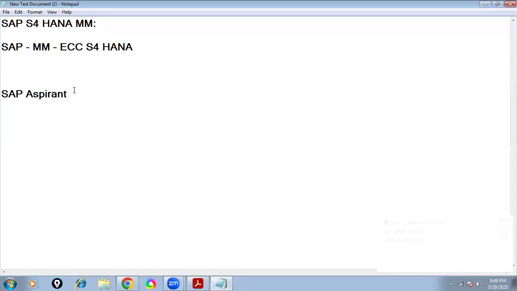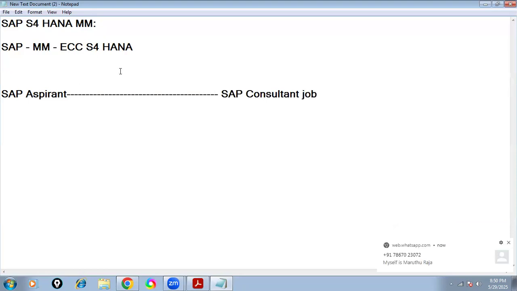So at the end of the day, what is your expectation? Good knowledge, and with that knowledge you should clear the interview and enter into SAP. At the end of the day, you want to get a job in SAP. This is your ultimate goal: an SAP consultant job. This is your destination. Where are you now? You are here. You want to become this position in an IT company. So between you and your dream job, one barrier is there.